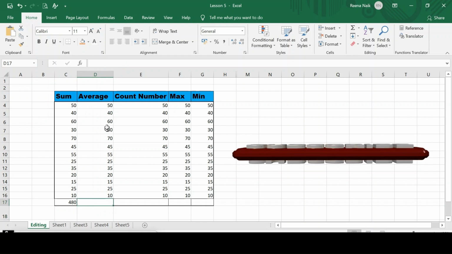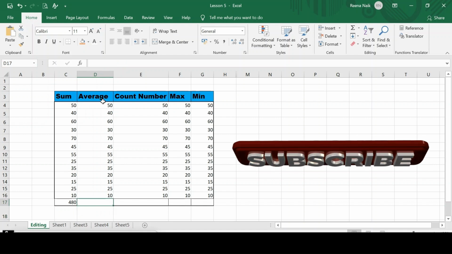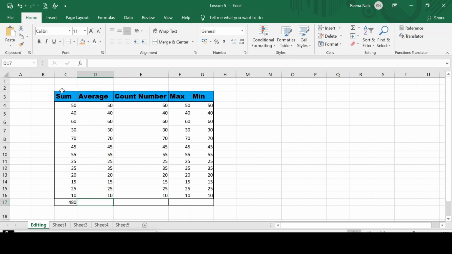The next is the average. What does average mean? Average means the total, the sum of these numbers, divided by the number of numbers. How many numbers are there? There are 13 numbers.